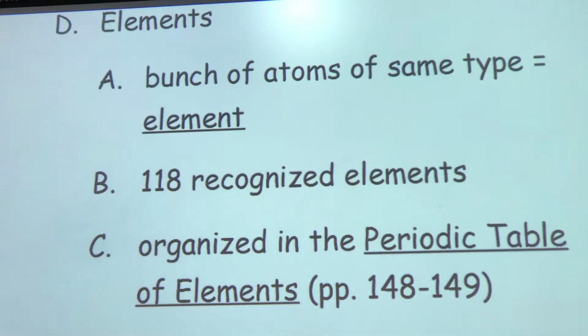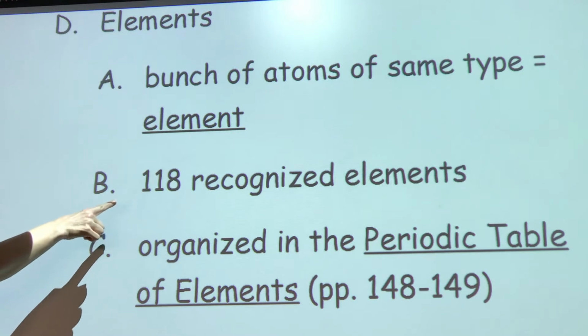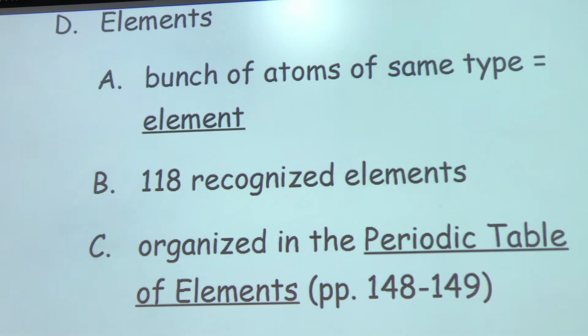Alrighty. When you have a bunch of the same type of atoms all together, a sample of atoms that are all the same type, it means they all have the same number of protons in the nucleus, which means they all have the same atomic number. We have an element, all right? And these elements are the building blocks of all matter on Earth. There are 118 of them right now. There will be more. And they are organized in a beautiful thing called the periodic table,